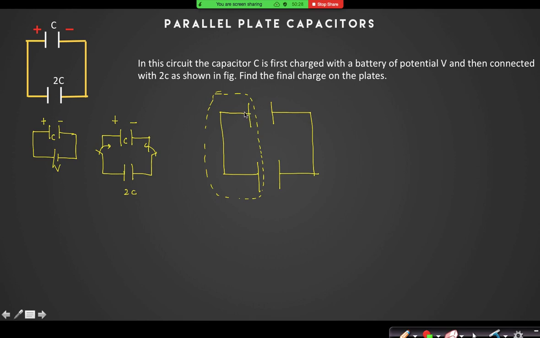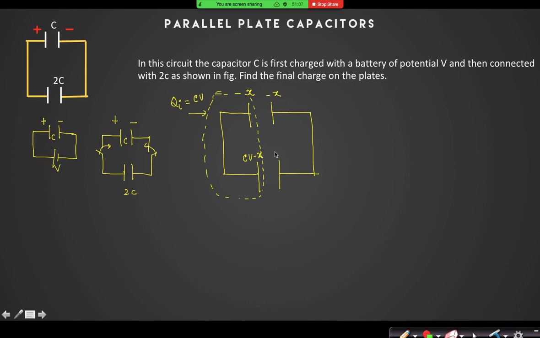Can you see that in that isolated system, the initial charge was not zero? What was the initial charge on that system? Initial charge Q initial is equal to CV. That was the only charge on the upper capacitor. Now, as soon as I connected the switch, the charge is redistributed. Let us assume that the charge on capacitor C has become X. Then what will be the charge on the lower capacitor? CV minus X.